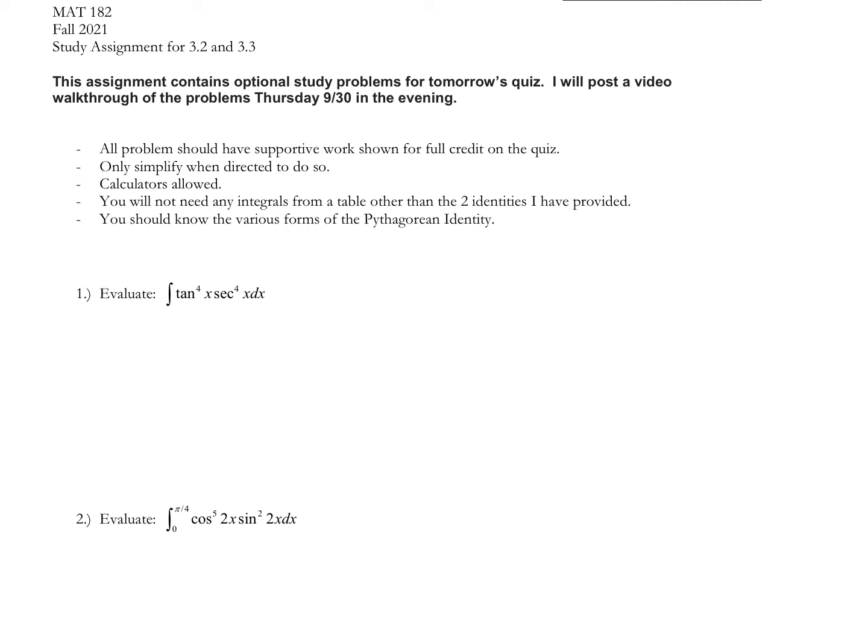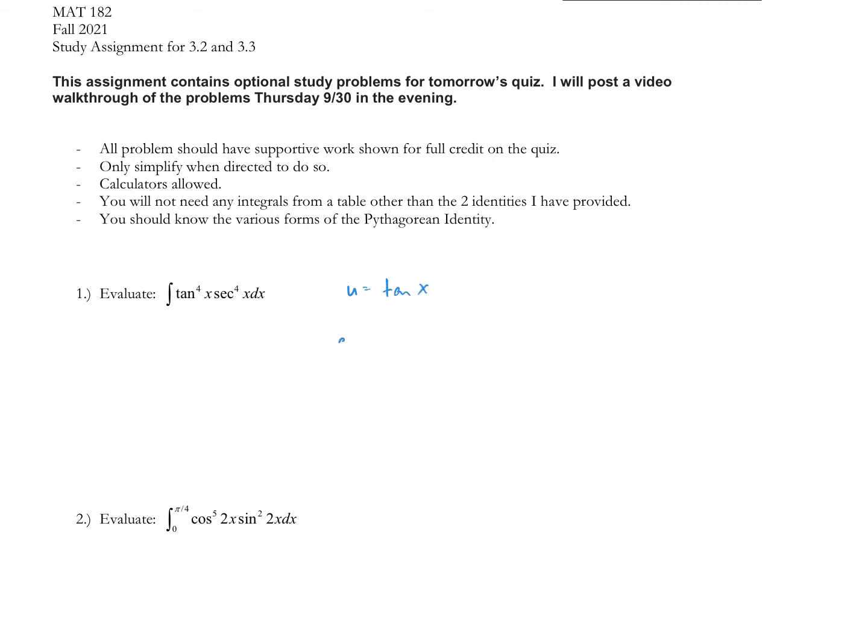And you also do need to know the correct trig substitution depending on what you see in the integral. In our first problem, we are integrating tangent to the fourth x, secant to the fourth x. So you want to look at your exponents. Do I want to make my u substitution u equals tangent x or u equals secant x? The correct answer, because we have secant to the fourth, so secant is to an even power, is we're going to set u equal to tan x,